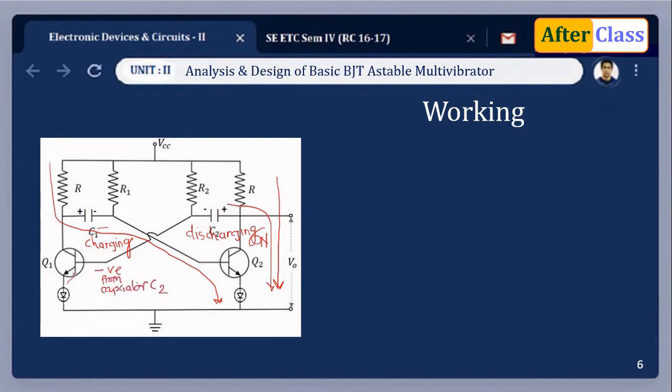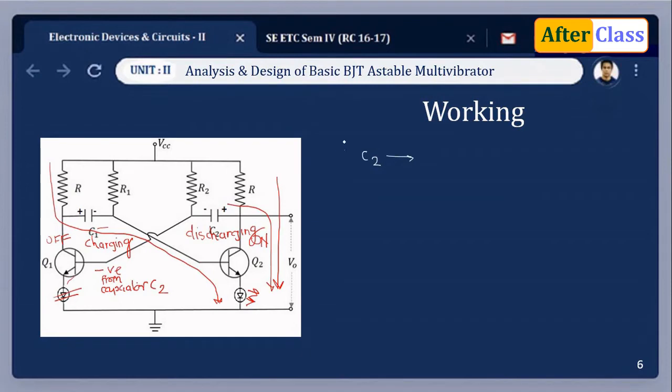When it is discharging, it is receiving this negative from capacitor C2. So we are applying negative voltage to the NPN transistor. This will drive transistor Q1 to the off state. If this is driven to the off state, there won't be any current. It will act as an open circuit. This will stop glowing, and since this transistor is conducting the current, this LED which is connected over here starts glowing. The negative voltage from capacitor C2 turns off transistor Q1.